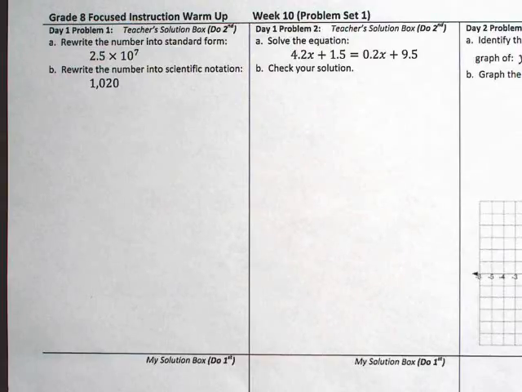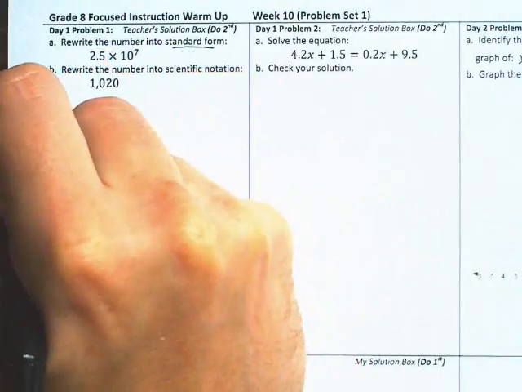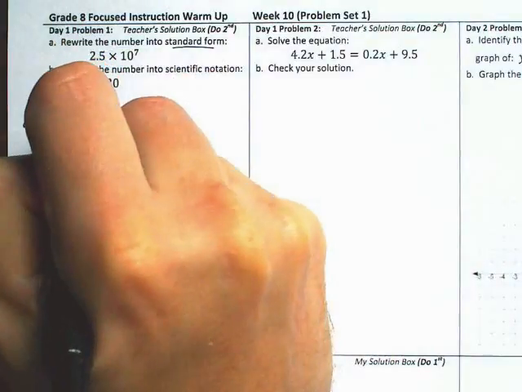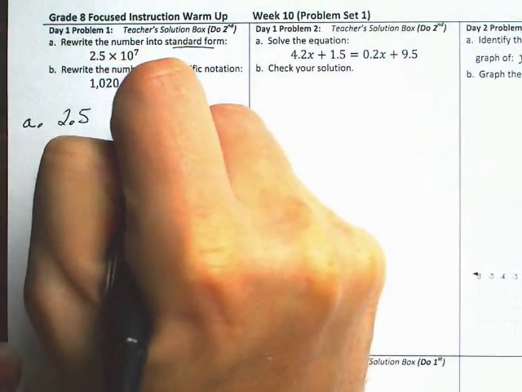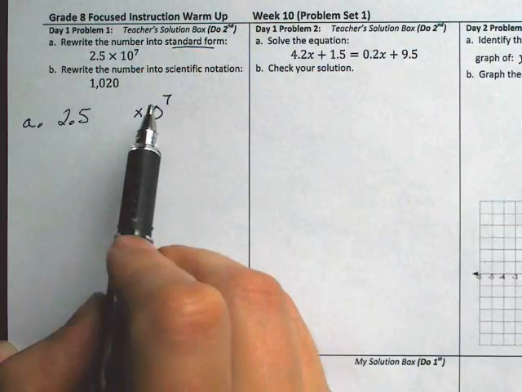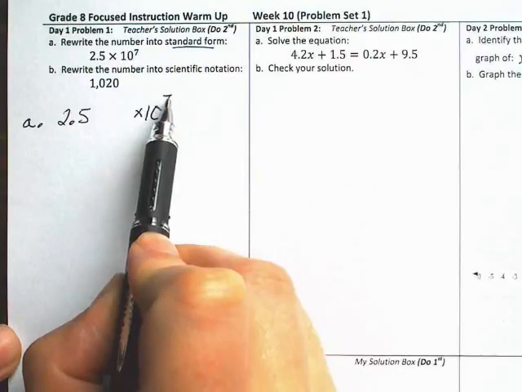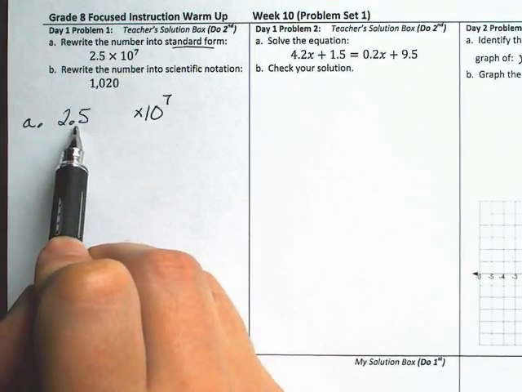Day 1, Problem 1. Part A. Rewrite the number into standard form. And the first thing I'm going to do is copy down that number. Thinking ahead, noticing that the exponent is positive 7, that's going to cause me to move that decimal point 7